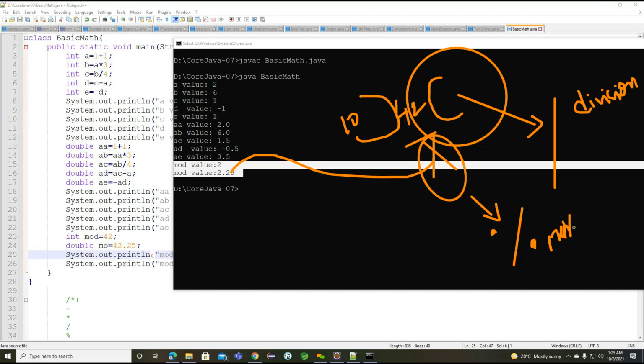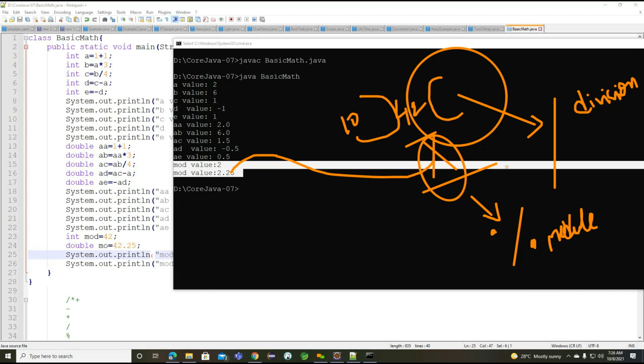Getting the point? Here we need to understand the difference between the modulo operator and the division operator. This will provide more information when we work on logical examples. What is the value we are expecting? Either we are expecting the quotient value or the remainder value. Based on this expectation, we can use the different operator.